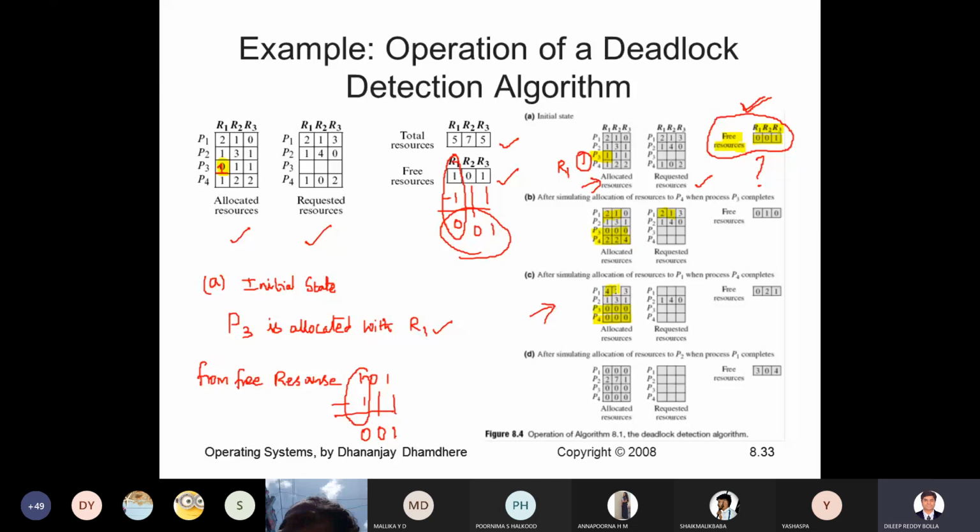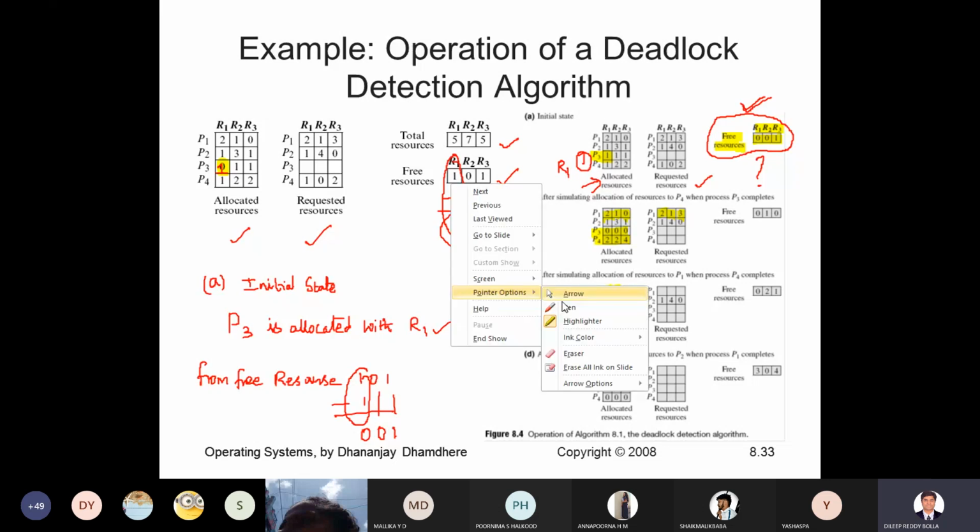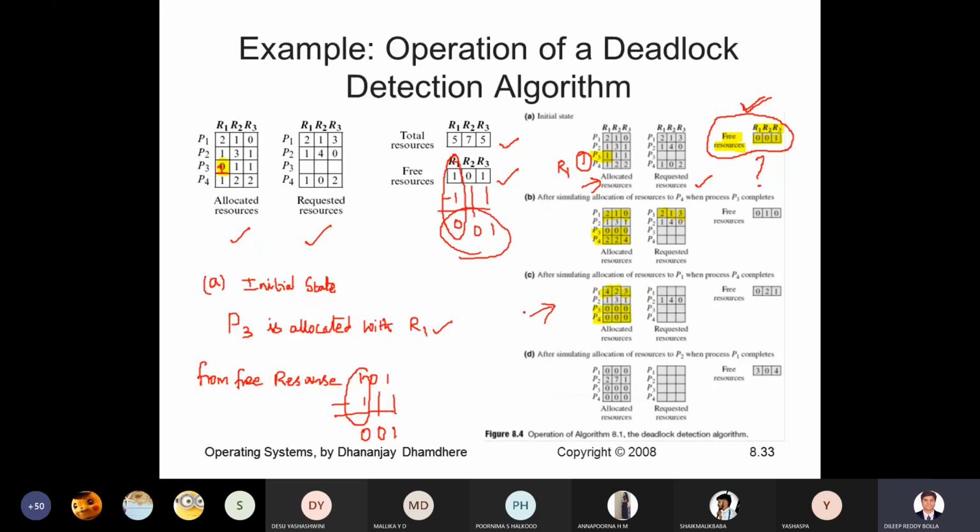Here. And this is 0 plus 3. So 3 we got here. Okay, which means we added 2, 1, 3. So before, the number of resources available here is 0, 1, 0. And because of P4 completion, we got 2, 2 and 4 resources made free. So it becomes 2, 3 and 4. So these are free resources. Now how many have they taken? They have taken 2, 1, 3 extra. So 2, 1, 3 were taken. So subtract them, and it becomes 0, 2 and 1. So that's what it is, 0, 2, 1 we got here. Is that clear?